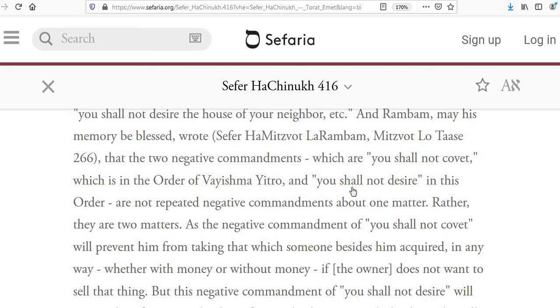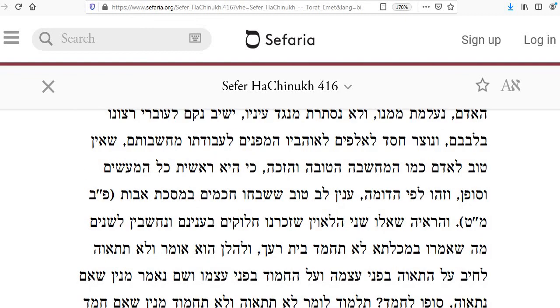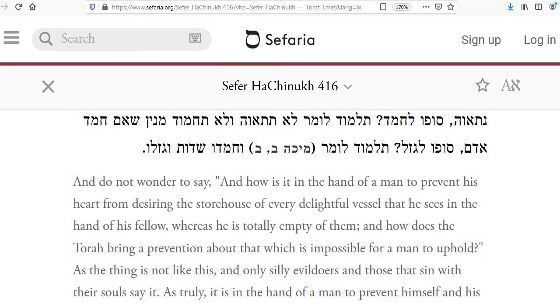So they're saying here the coveting and the desiring are 2 separate things. Like it says here, rather they are two matters. And then they continue. But very interesting that Jethro and one of his names just happens to show up here. So we'll continue quickly